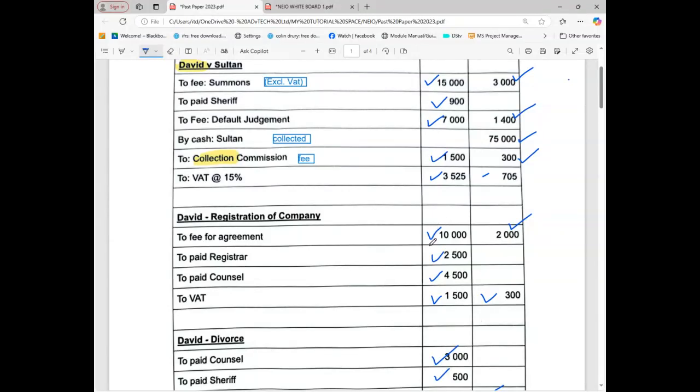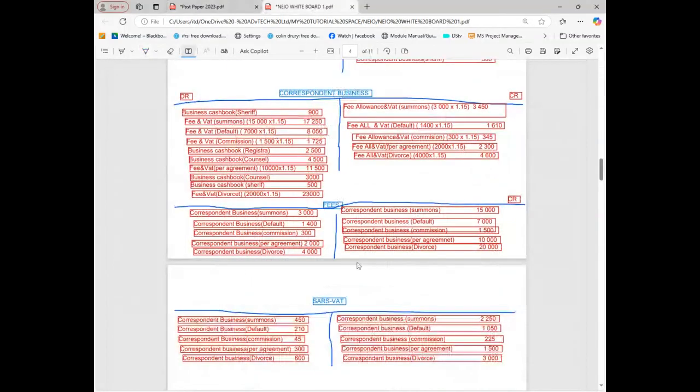Your network is cutting a bit. Repeat what you said. Sorry, I said that we need to do that to figure out what amount needs to be transferred. No. Don't use that approach. Can you see what you need to do? We need to come here now and do the transfer. The transfer can only be done under correspondent business. Are you with me? Yes. So now we balance this account so that we can be able to transfer.